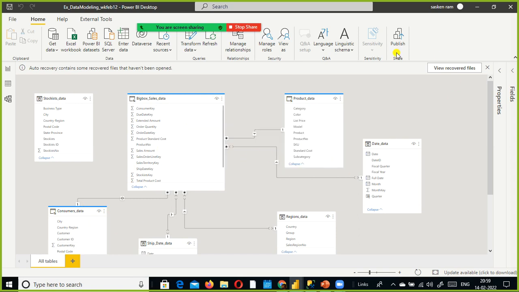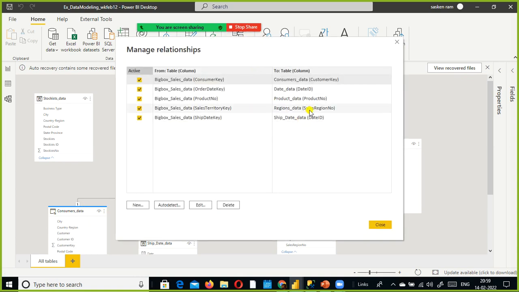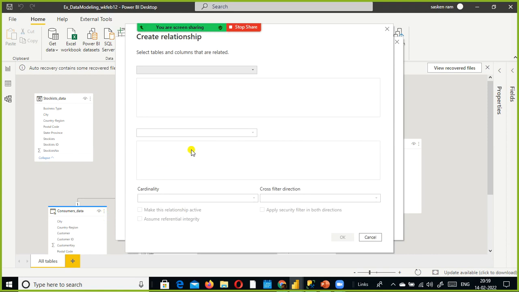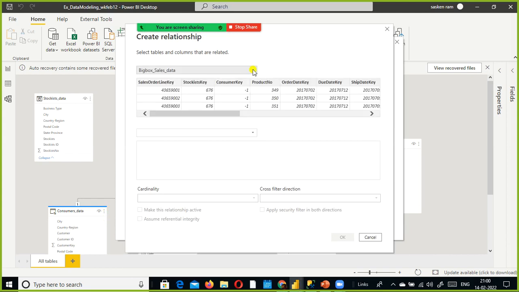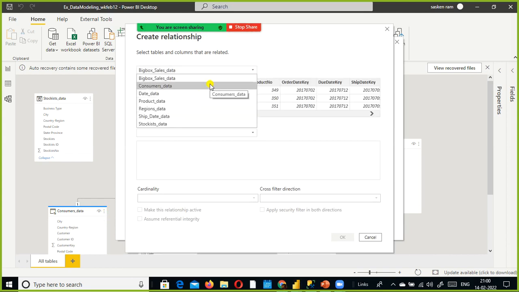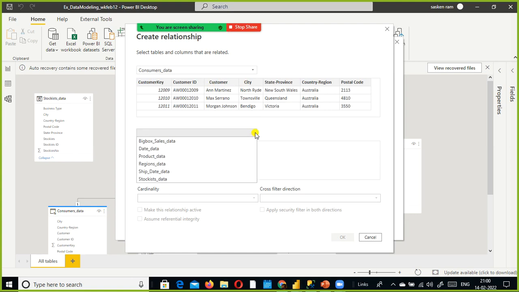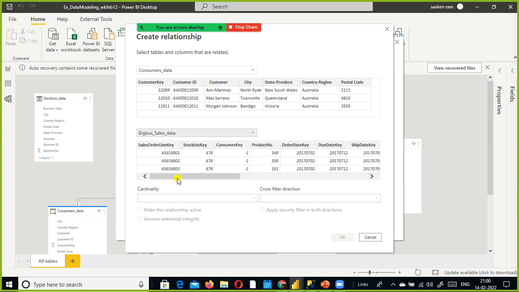There is another way of creating a relationship. Click on manage relationships. When you open this, you can see it. If you are creating a new relationship, click on this new button and select the tables. You can select either the consumer data first, in any order, but make sure that you are choosing the correct columns between these two tables.